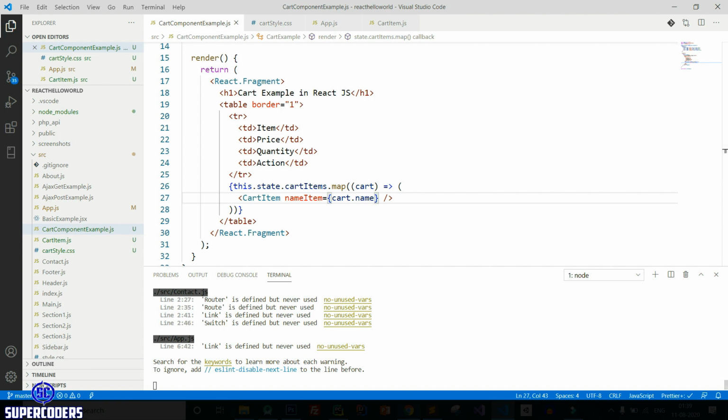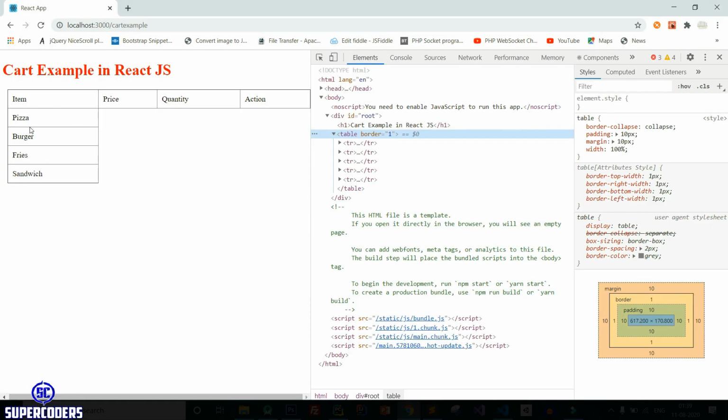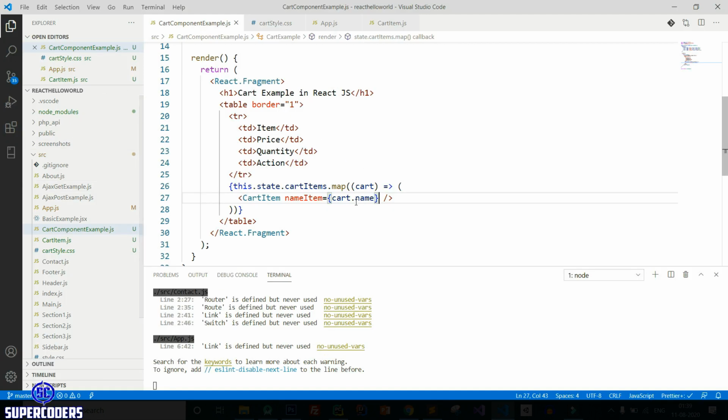Now let's see. So you can see it's working, and you can pass the data here: pizza, burger, fries and sandwich. So in this way you can use the array.map method to access all array items.